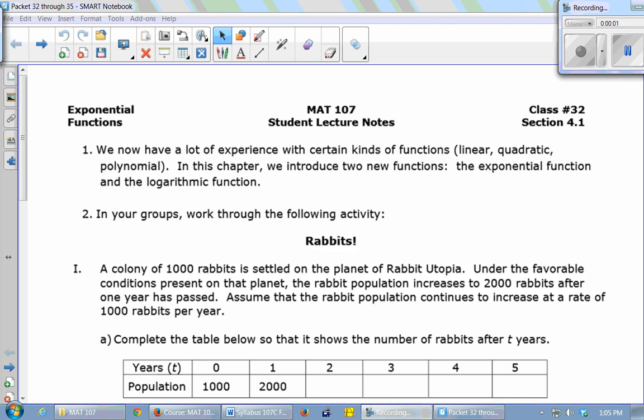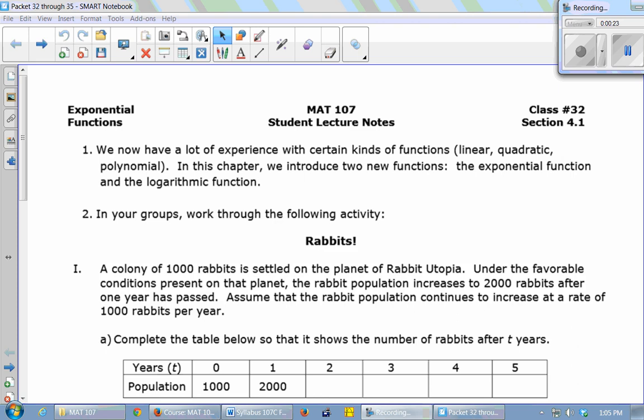We now have a lot of experience with certain kinds of functions. We've learned all about linear functions, quadratic functions, polynomial functions, rational functions. In this chapter, we're going to introduce two more new functions, the exponential function and the log function. So today we're going to talk about the exponential function, and to introduce you to it, I'm going to have